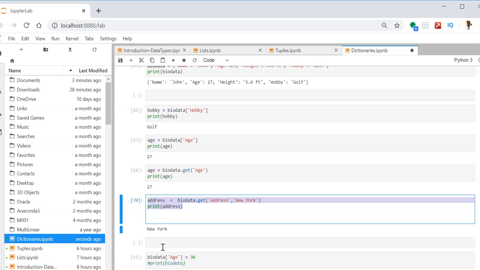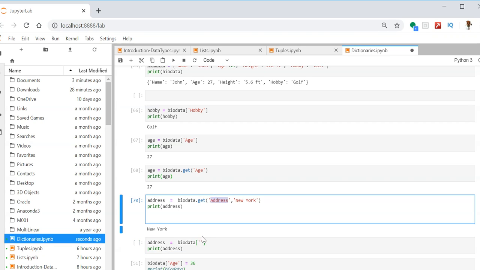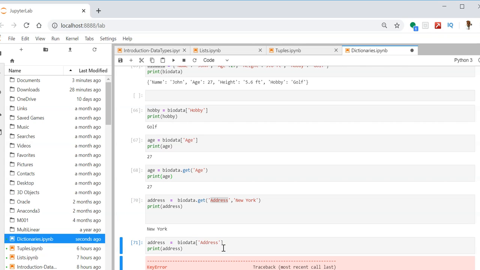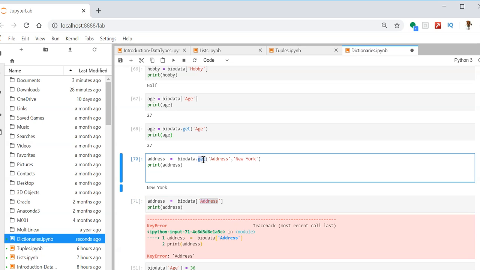But suppose if you try to fetch address directly, if I mention the address here, it's going to throw the error because there is no key like address. So that is where we have to use the get function.